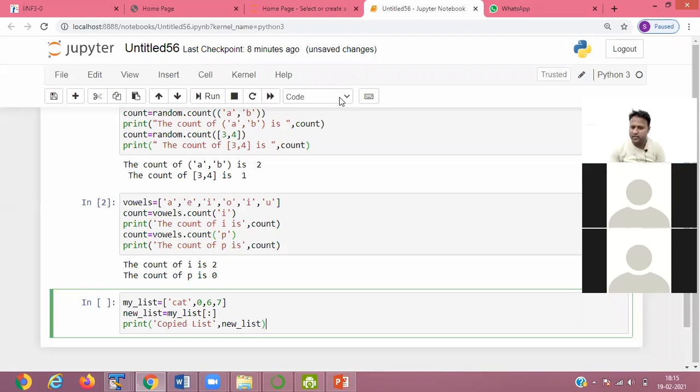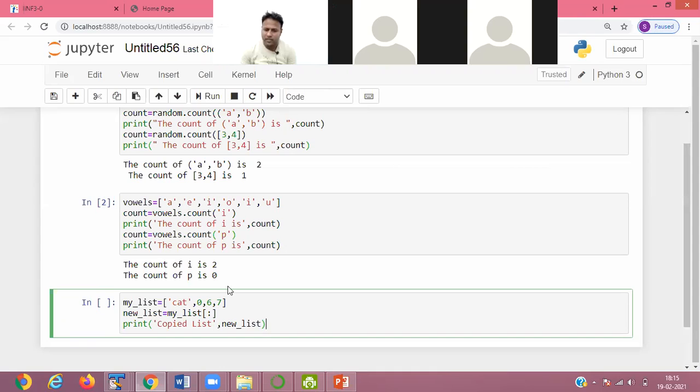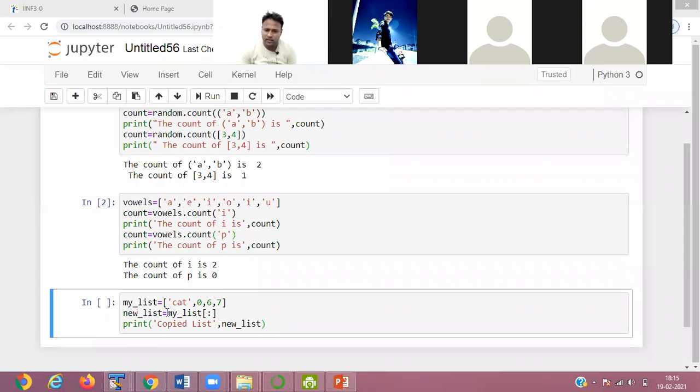In my list, I pass here like cat, 0, then 6, then 7, then new underscore list, my list.